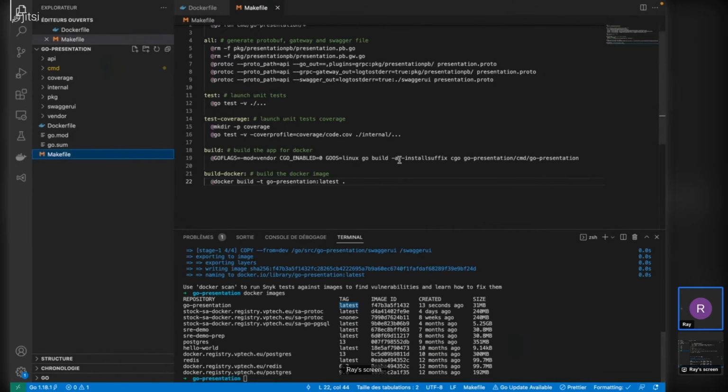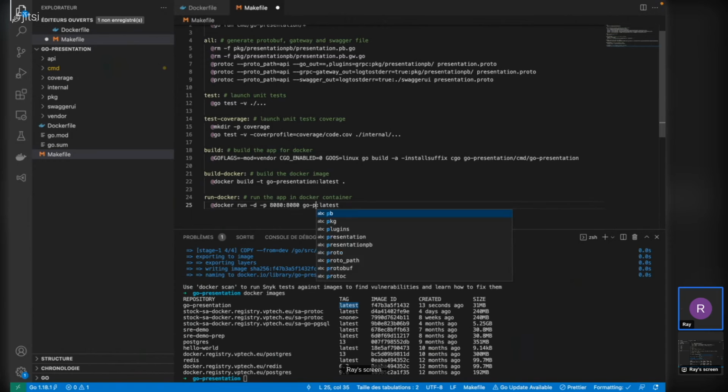So I will add another command line in my makefile, Docker run. I will change that. Okay. So with Docker run, I will expose the port 8080 that is exposed inside my Docker container on the same port outside.